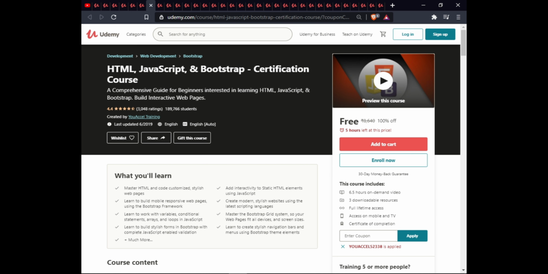The next course is the HTML, JavaScript, and Bootstrap Certification Course. In this course, you will learn to master HTML and code customized stylish web pages and add interactivity to static HTML elements using JavaScript, learn to build mobile responsive websites using the Bootstrap framework, create modern stylish websites using the latest scripting language, learn to work with variables, conditional statements, arrays, and loops in JavaScript, master the Bootstrap grid system to create a website